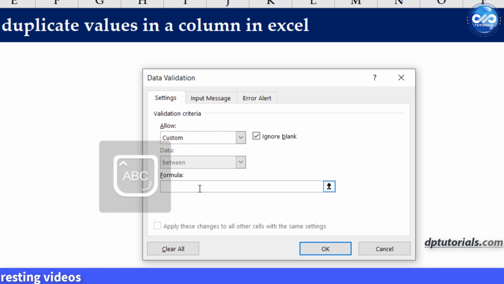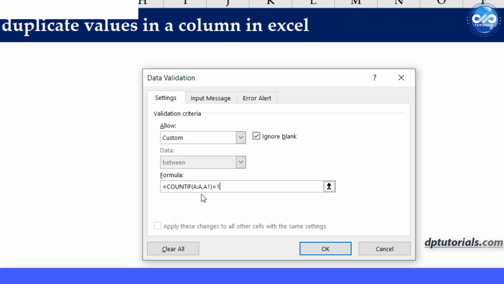In the Formula field, enter the formula like equals COUNTIF, open the parenthesis, select the complete column A:A, comma, A1, close the parenthesis, equals 1. Note that A:A is the range of the column you want to prevent duplicates in, and A1 is the first